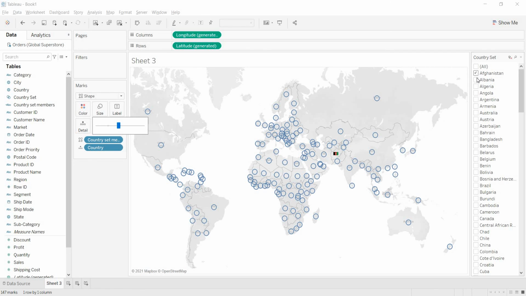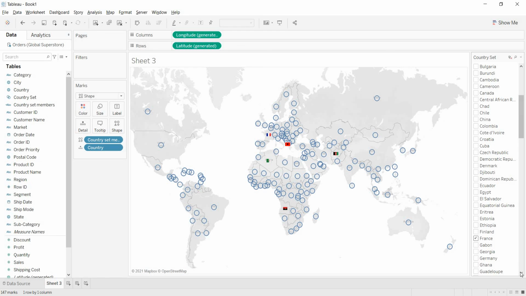Even for others you are getting this circle, right? We will take a filled circle later. First let me show you. For Albania, see, when I select that, for Algeria you are getting that flag, and for Angola also you are getting that flag. Let me select France. We have given a flag to France also, right? France. Even India. See, you are getting those flags accordingly.